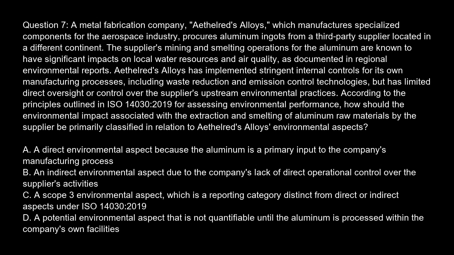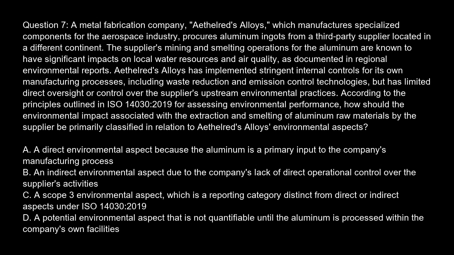Ethelred's Alloys has implemented stringent internal controls for its own manufacturing processes, including waste reduction and emission control technologies, but has limited direct oversight or control over the supplier's upstream environmental practices. According to the principles outlined in ISO 14030, 2019, for assessing environmental performance, how should the environmental impact associated with the extraction and smelting of aluminum raw materials by the supplier be primarily classified in relation to Ethelred's Alloys' environmental